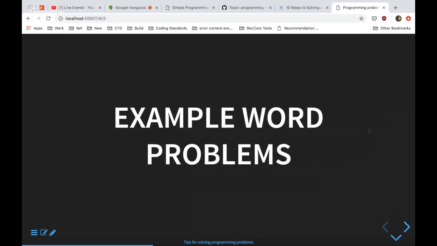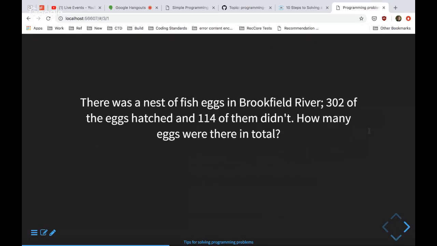So let's take a look at some, and let's talk about how we're going to solve these. Feel free to post stuff in chat about things that you notice in them. I might pause on them for a moment to give people a chance to say what tips or tricks they have for solving these. And really, these are all very simple examples. I'm not trying to give you incredibly complex, tricky word problems here. I'm just trying to give an example of something that hopefully everyone's familiar with so that it helps you when